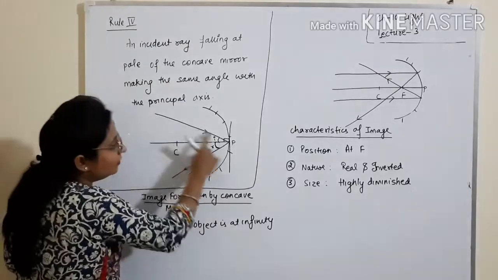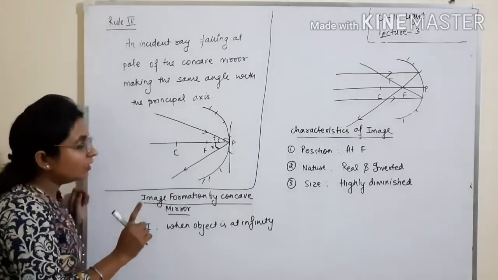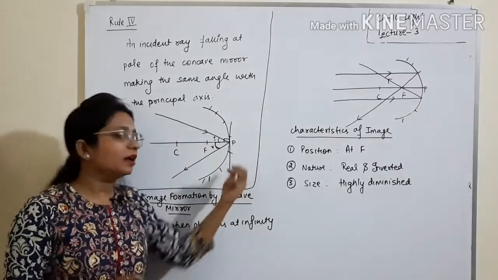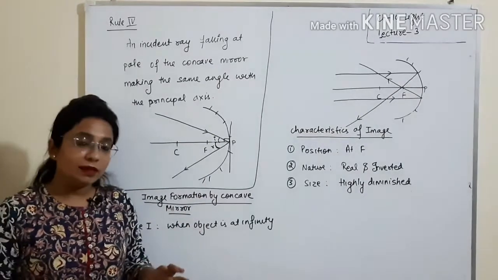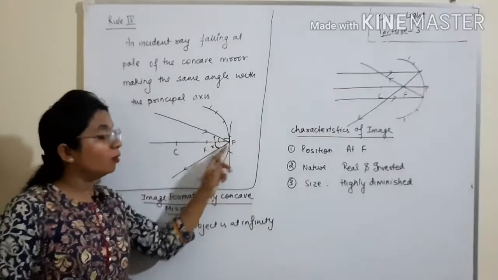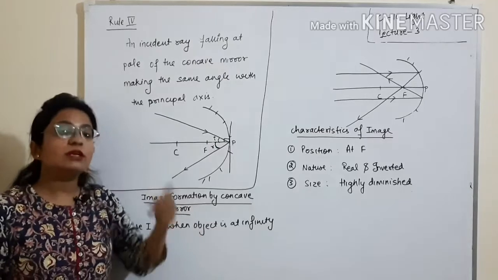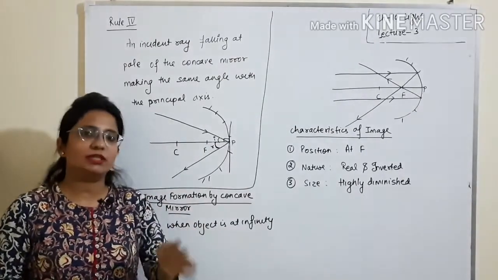So incident ray normal यानी principal axis के साथ जितना angle बना रही है, reflected ray भी उतना ही angle बनाकर reflect back हो जाएगी. Actually पहले 3 cases में भी law of reflection follow हो रहा था, but उसमें क्योंकि light pole पर नहीं आ रही थी तो हमें वो पता नहीं चल रहा था, but actually उसमें भी angle of incidence and angle of reflection equal ही होते हैं.